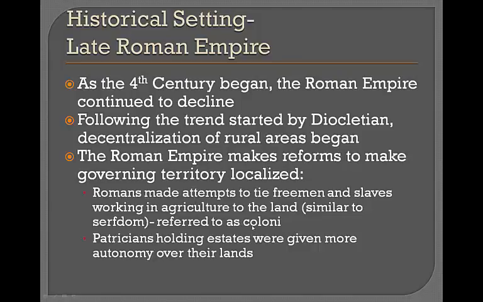In addition to this reform, there are other reforms that the Romans made. For example, they tried to link children to the professions of their parents, and the reason for doing this is actually kind of simple if you think about it. If you had initially 1,000 blacksmiths and 20 years later you have 900 blacksmiths, you want to make sure that those 900 blacksmiths are able to produce more per blacksmith than their forefathers were. So, if your father was a blacksmith and he can teach you things and you can become very specialized being a blacksmith, you're going to want to have the child become a blacksmith. That's basically the intuition behind that